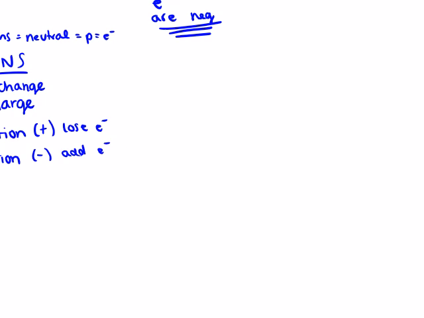Okay, so let's look at a couple of examples. In a couple of days, we're going to learn how to predict the ions that some of our atoms form. So if I have Mg,